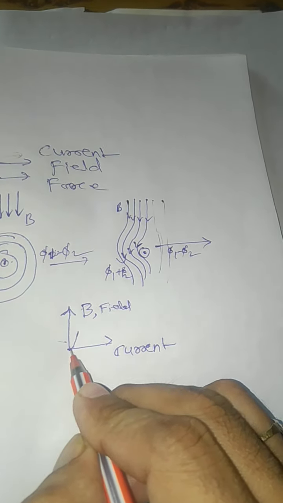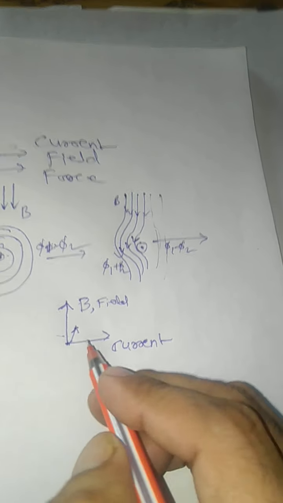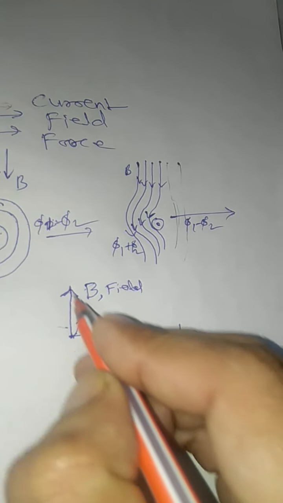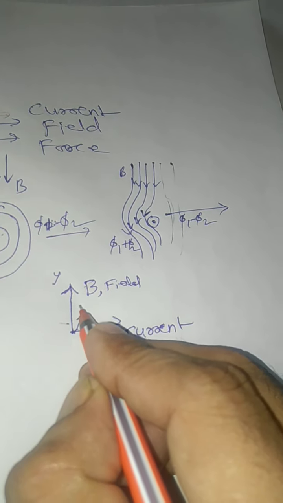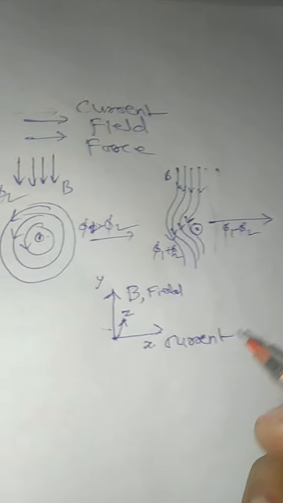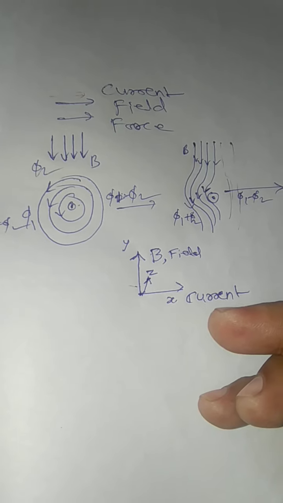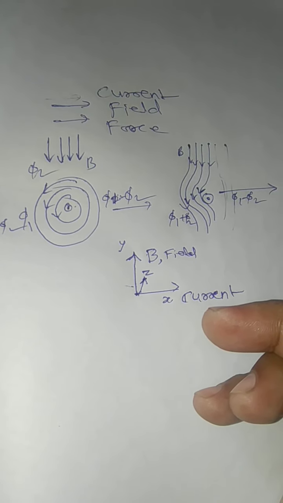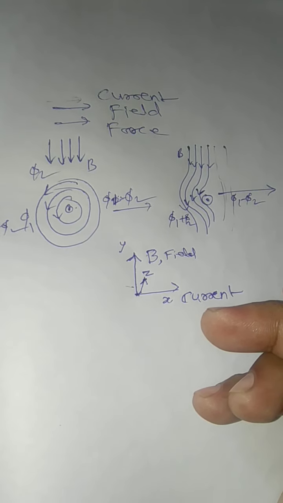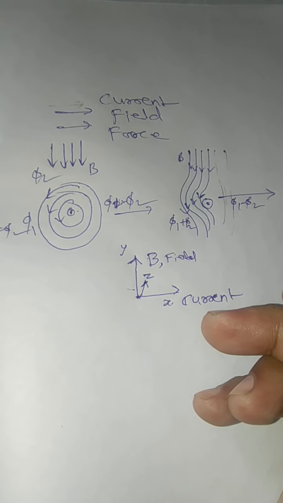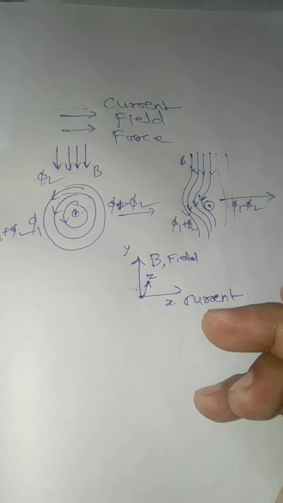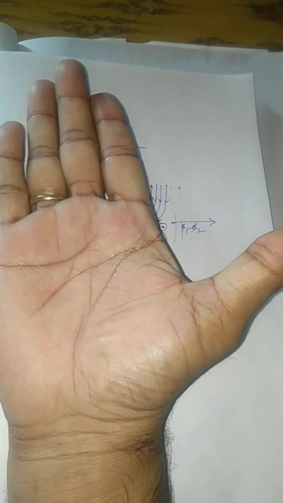So you can represent this here in three dimensions. So this is the x direction, this is the y direction, and this is the z direction. So totally we can say these are the direction of the current-carrying conductor, the direction of the field flux, and the force on the conductor. So the thumb rule is like this: the direction of the current, the direction of field, and the force is upwards.